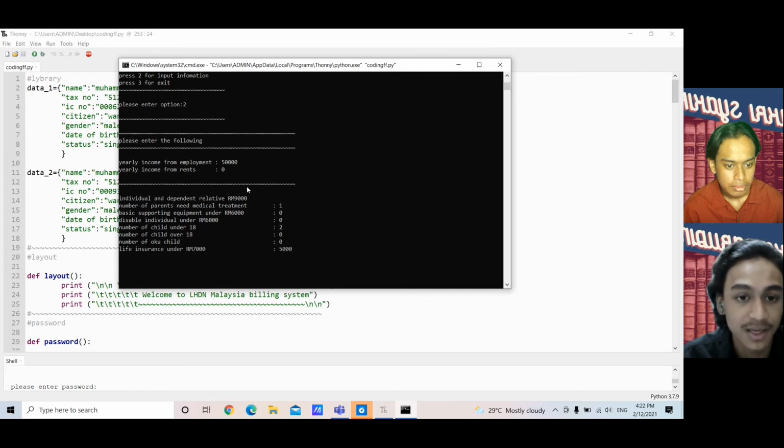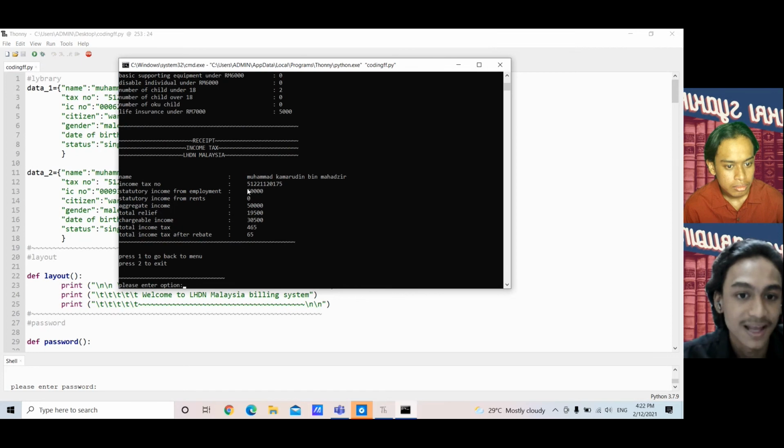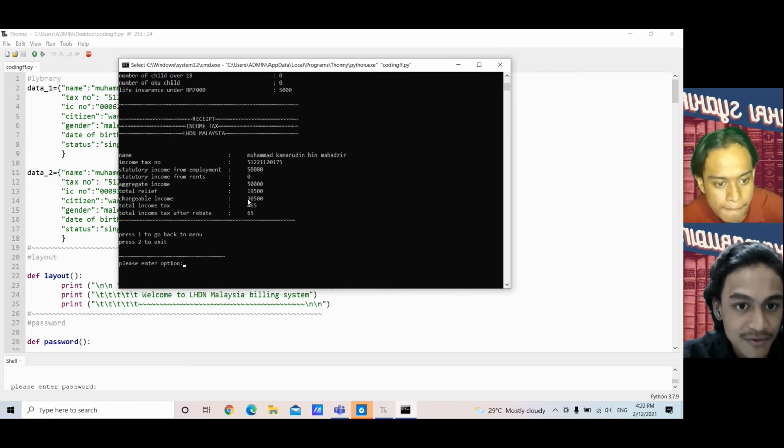So I want to show the total, the rebate. I choose 5,000 and enter. As you can see, it displays the same thing, but this time, because my chargeable income is less than 35,000, I will get rebate of 400.